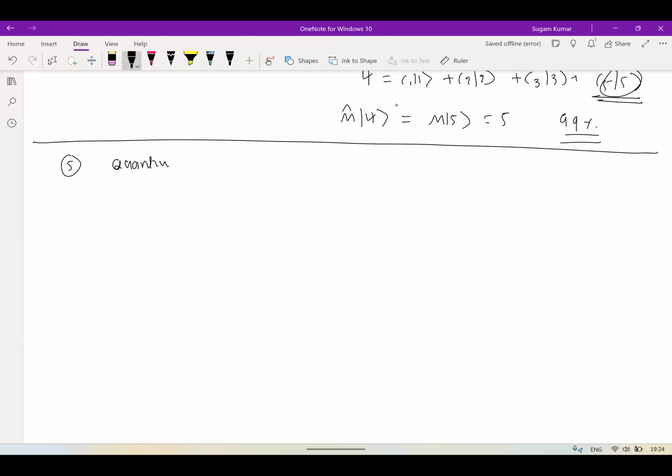Then the fifth lecture will be on this algorithm. So here, of course, I would like to first focus more on the quantum